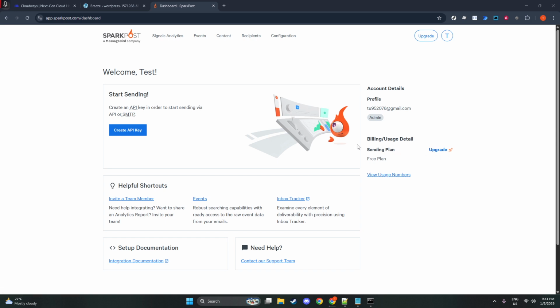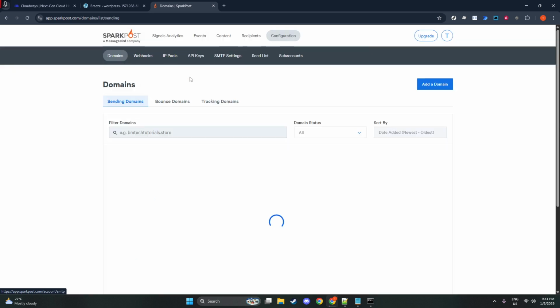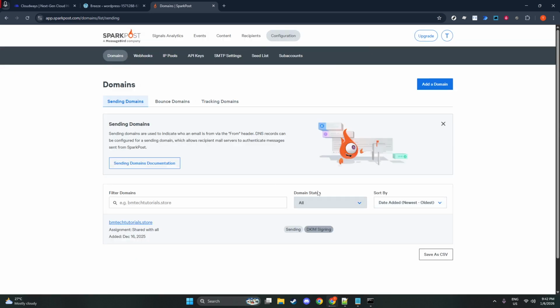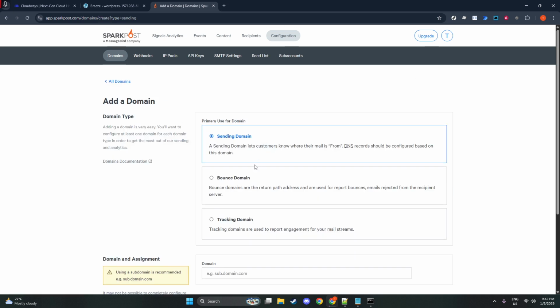Click Add a Domain and type the domain you plan to use. You can enter your main domain, but it's usually best to use a dedicated subdomain like mail.yourdomain.com. Using a subdomain keeps your sending reputation separate from your primary website and makes management cleaner and safer if you run multiple mail streams. After you submit the domain, Sparkpost will display the DNS records you need to verify and